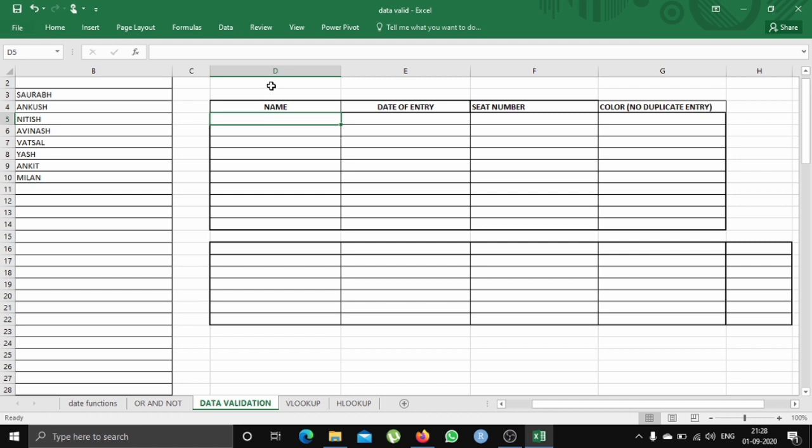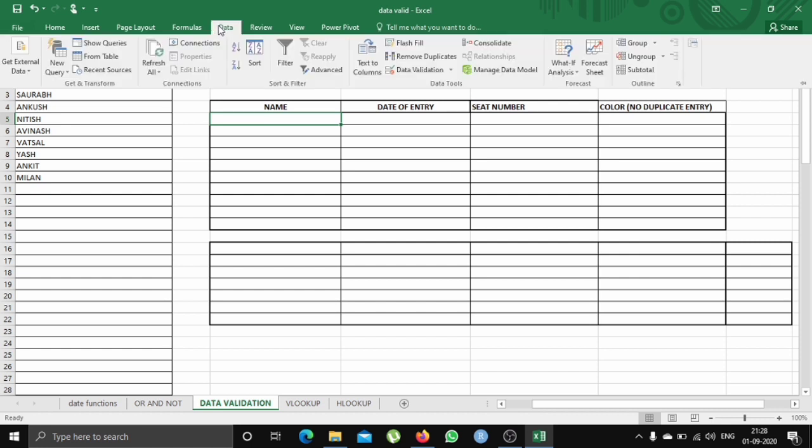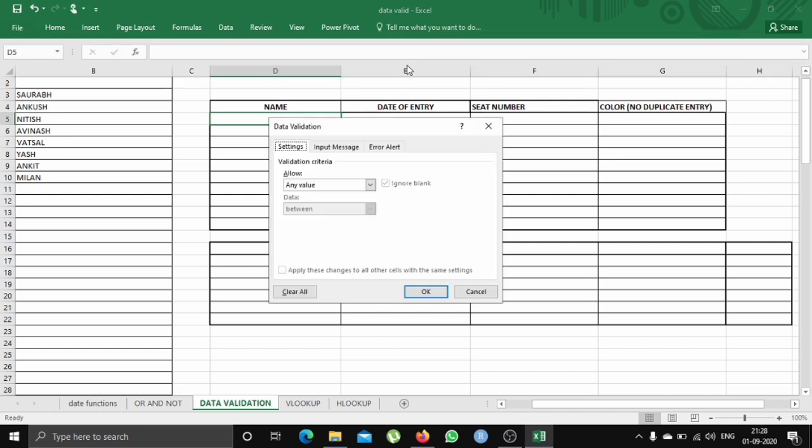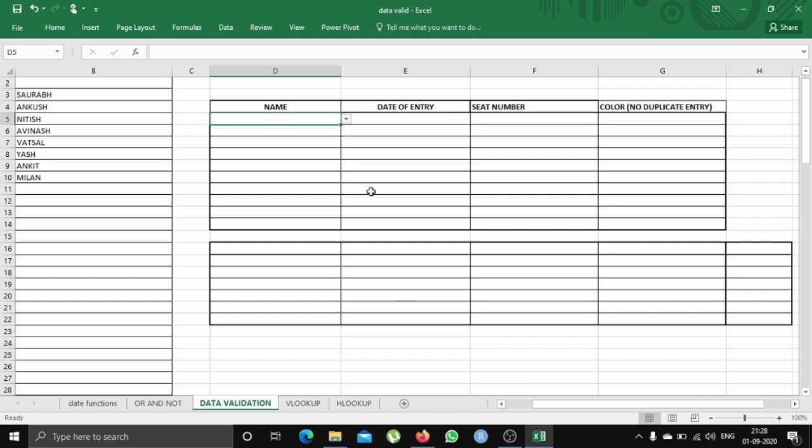So select that particular cell, go into data validation, then select List from Allow. From this Allow menu, select List, then select the source. Just enter the range and press OK. As you can see here, we have got all the names that we want, from Saurabh to Milan.